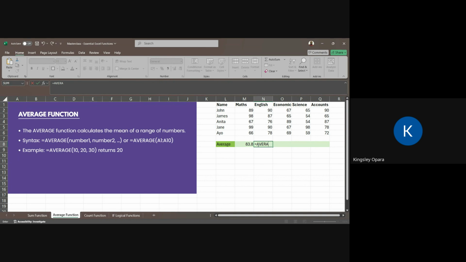Excel is so smart that when you start to type a certain function, it assumes you're trying to type functions that start with those letters. So it is left to you to select which one it is. We want average, so I'll select average, highlight the set of numbers I want to find the average of, then close the bracket and hit the enter button.